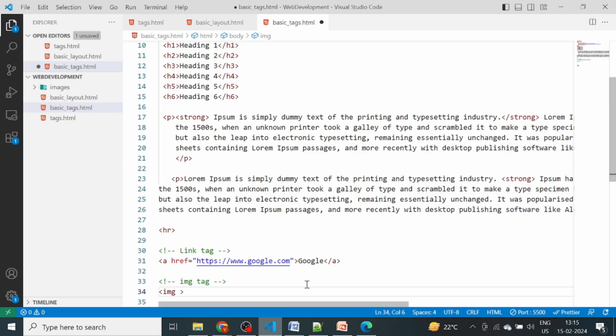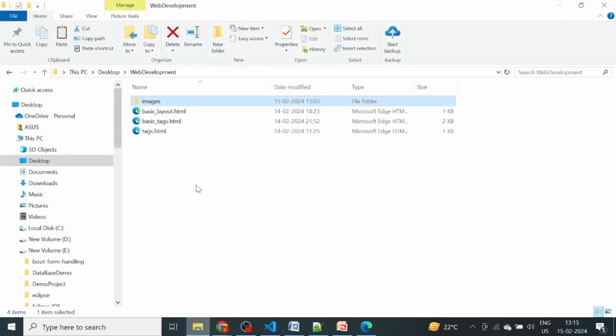Okay, and there is one important attribute of the img tag is src. Okay, src defines the URL of your image. So here I am going to use one image